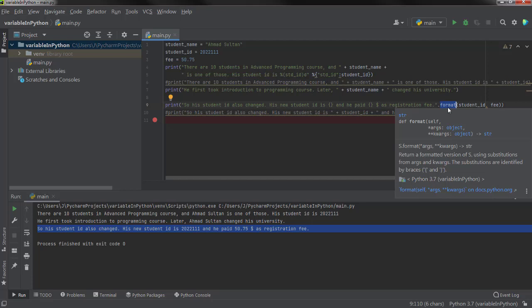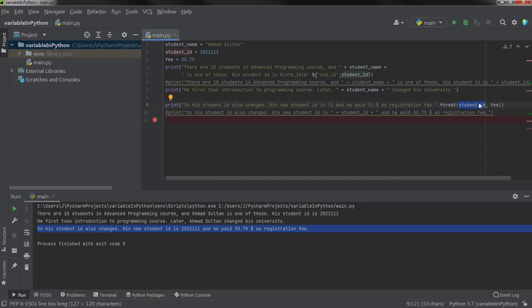What format will do here is go and see that the student name is a string value. So it will format it according to a string and concatenate it with the rest of the string. And then the second, the student ID, is an integer, so it will format it accordingly.